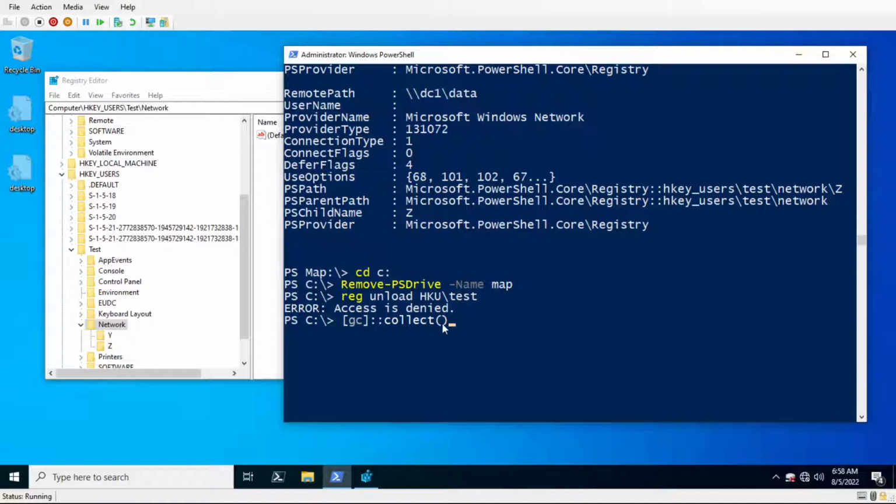So this is how you actually launch a method on a class, okay? Not an instance, but a class. You load the class name in a set of brackets, and then double colon, and then the name of the method, and then any arguments you want to do. And so I go ahead and run that, and then now if I go do reg unload,